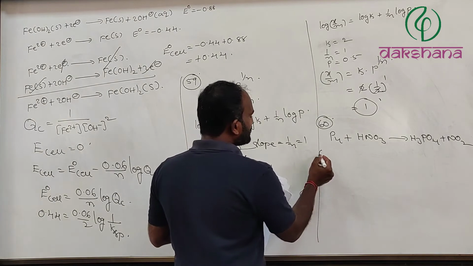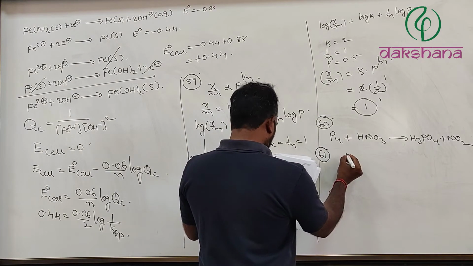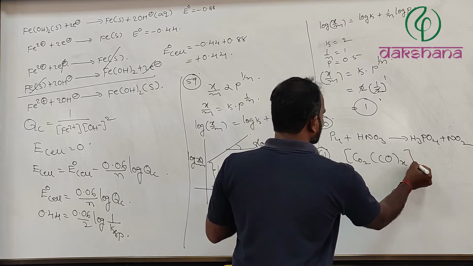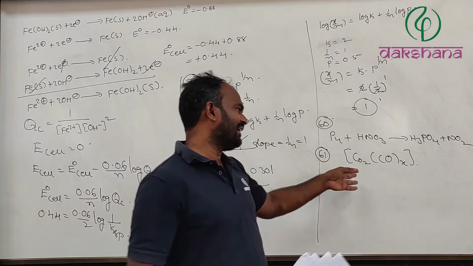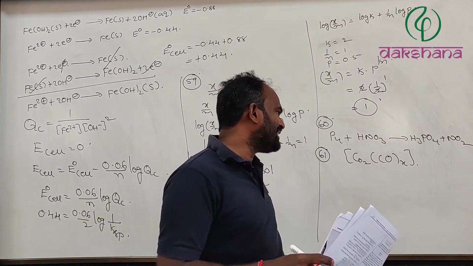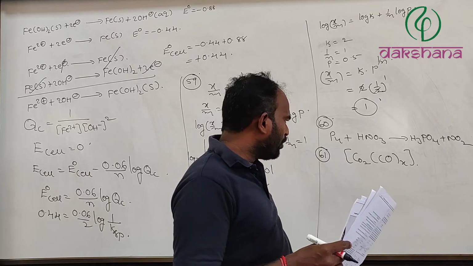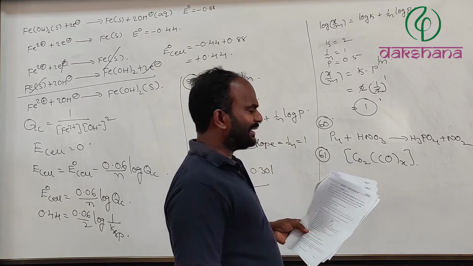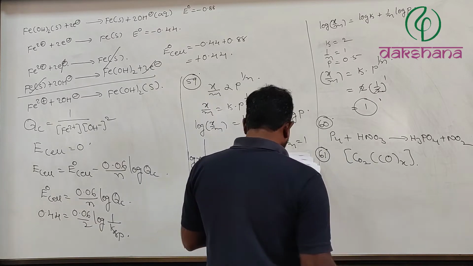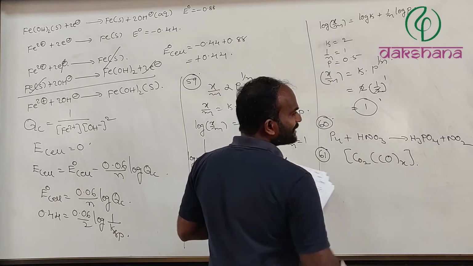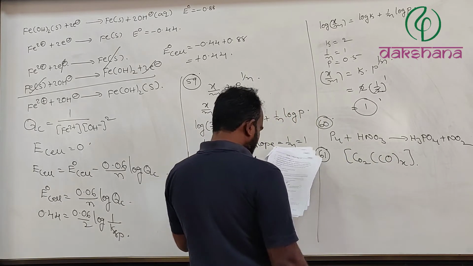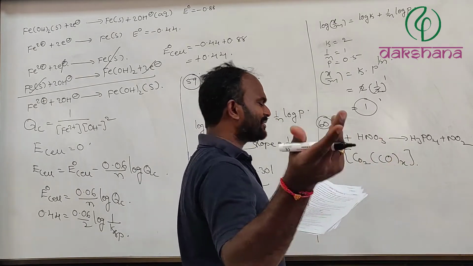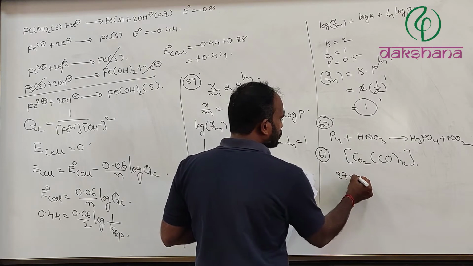Next, question number 61. Given that one cobalt complex is given, Co2(CO)x, taking X times, which is given. The nearest noble gas is krypton, which is 36, as we all know. Now let us calculate for this one. According to EAN, we just have to see this. CO is a neutral ligand, I guess we all know that. So cobalt, its atomic number is 27, into 2.